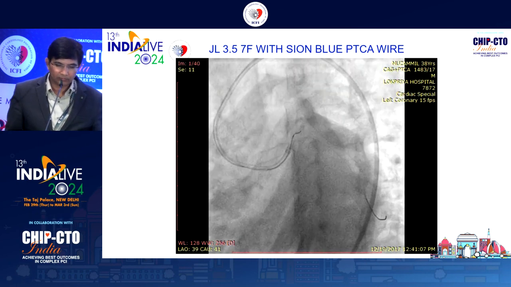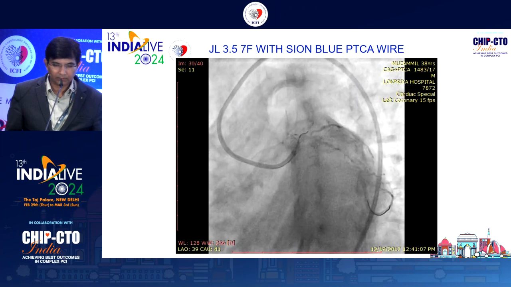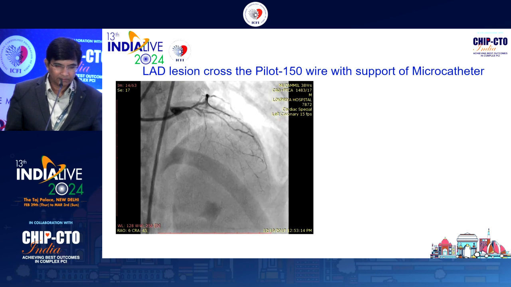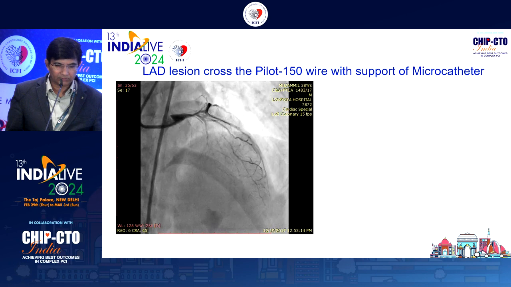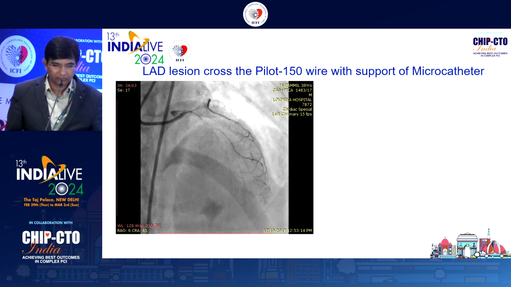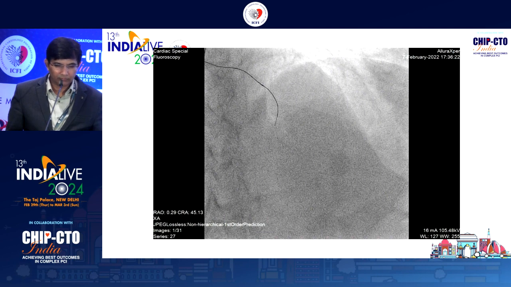So somehow, keeping the JL catheter at the mouth with a microcatheter, Sion Blue was parked into the ostial segment of the CTO portion into the LAD, and then changed to Pilot 150 through the microcatheter. The proximal cap was crossed with the Pilot 150, but the distal cap was not able to be crossed. So we changed to Gaia 2 with the microcatheter, but after crossing the distal cap, this Gaia 2 was stuck with the